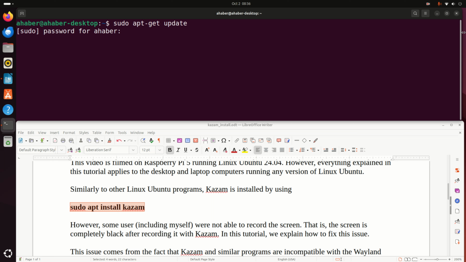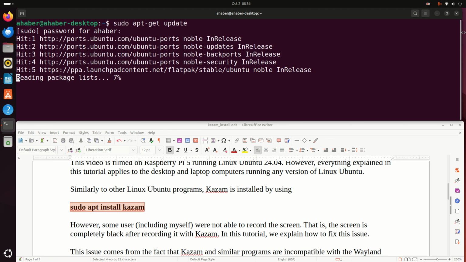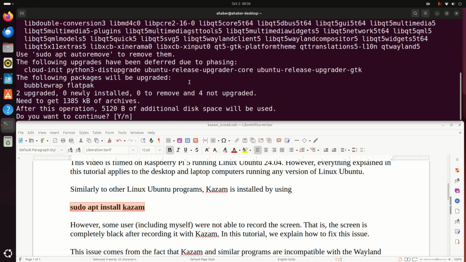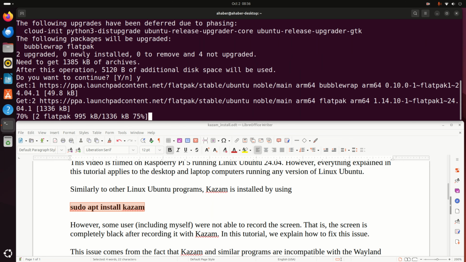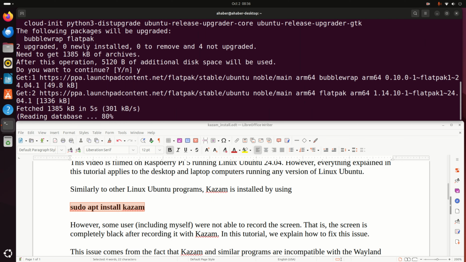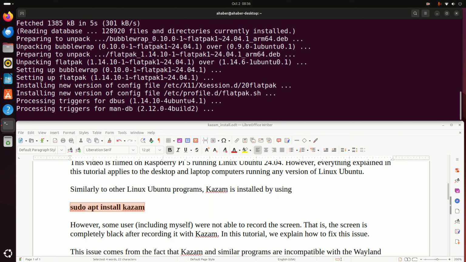You should always run this command whenever you want to install something, and here you need to be patient. And after this command, you need to run this sudo apt-get upgrade. And here again, you need to be patient, press Y, and let's wait. This will actually update and upgrade our system and all the package lists, so we can install